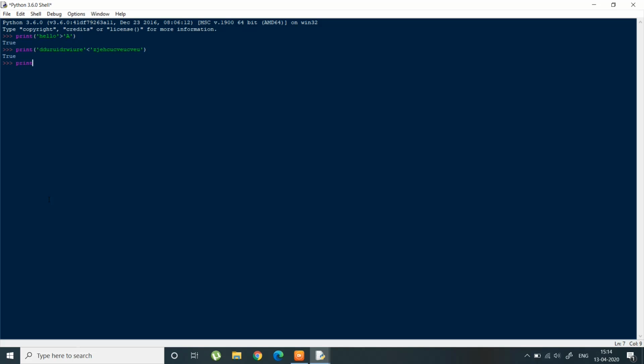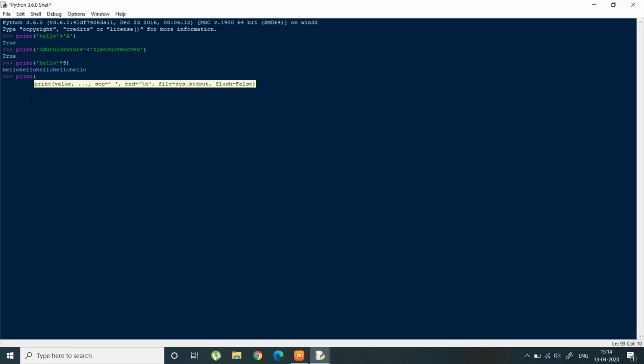And now coming to some of the operators which are used between a string and an integer. So let's say you have a string hello. The operator which works between a string and an integer is the multiplication operator, which in Python is the asterisk. So if you write hello, then asterisk, and then an integer, let's say 5, this will print the string hello 5 times. So if you print it, you can see hello 5 times.